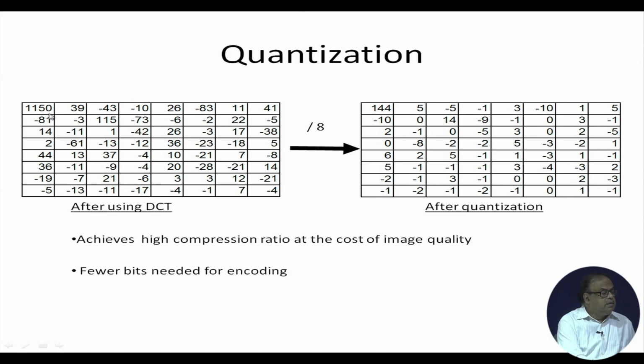Thereby, what did I sacrifice by quantizing? I sacrifice the quality of the image or the precision, right. But what did I save? Number of bits. Therefore, I get a higher compression ratio here, and very well I can go back by multiplying by 8, right. Then there will be little change, but we need fewer bits for encoding. Okay. So, this is what quantization is.